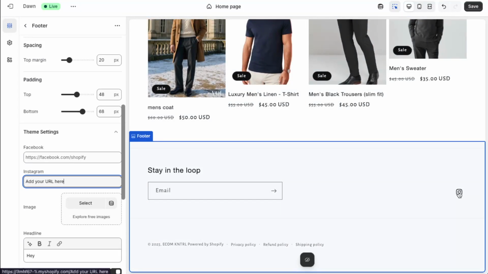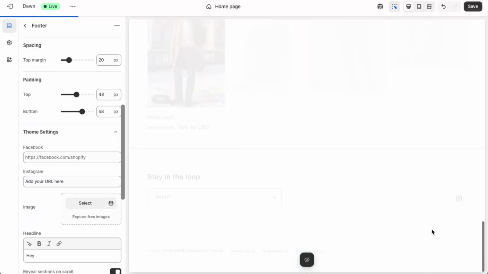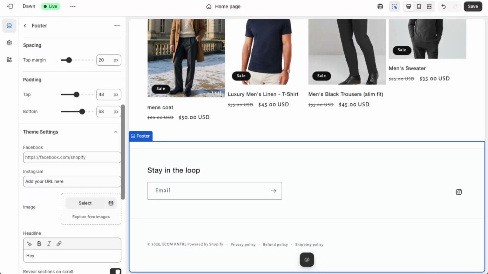To make sure your changes are live, go to the top right corner of the editor and click the Save button. Wait a moment for Shopify to confirm that everything is saved. Finally, preview your store and scroll down to the footer. You should now see the Instagram icon,